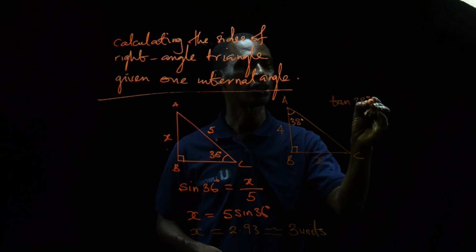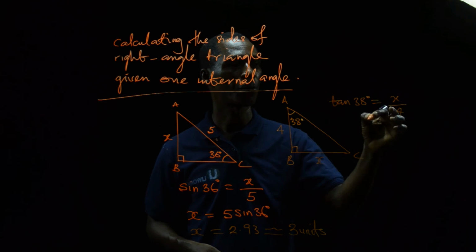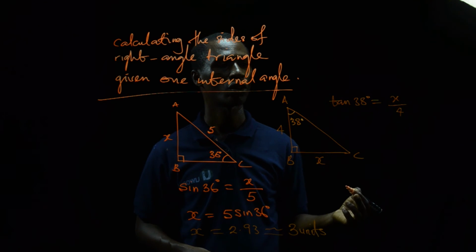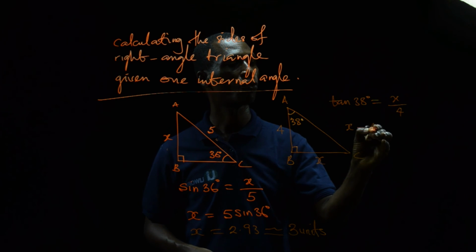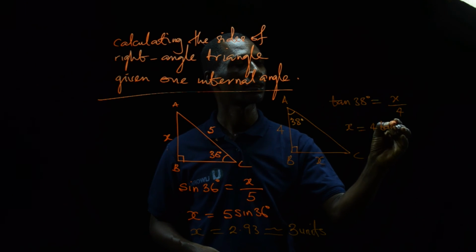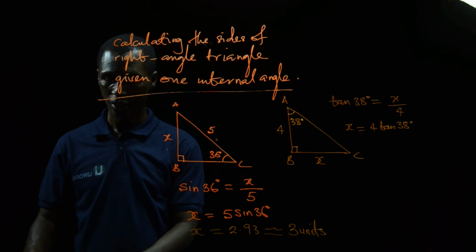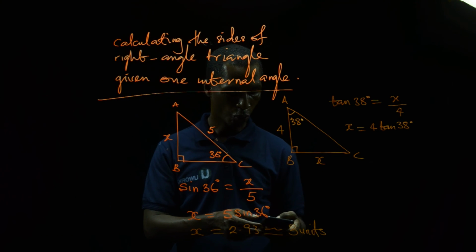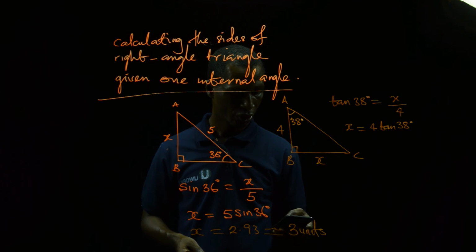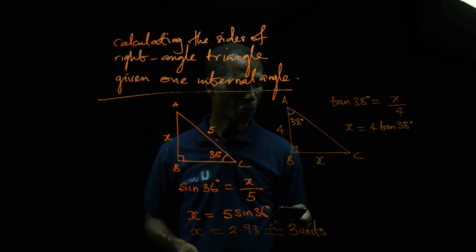So you say tan 38 degrees is equal to, opposite is x on 4. So you make x the subject by letting 4 come in to multiply this. So I have x to be equal to 4 tan 38. So you just use your calculator, you point the figure just as it is on the board. So you point 4, then you go to tan, then you put your 38, you close your bracket, and you get